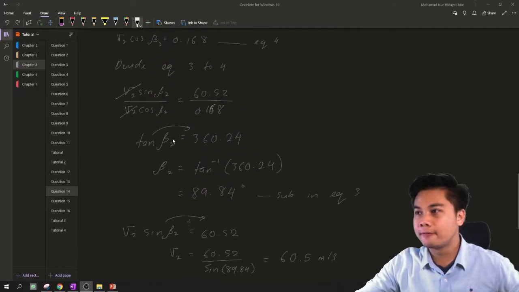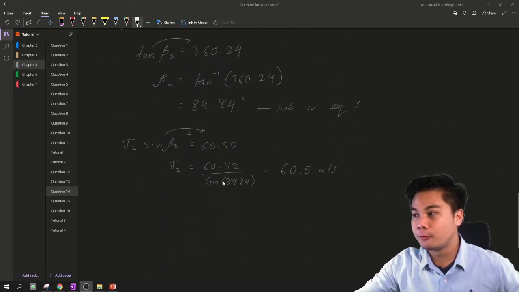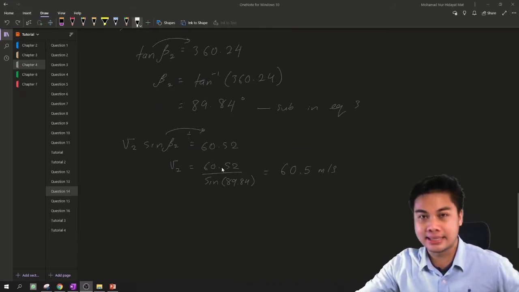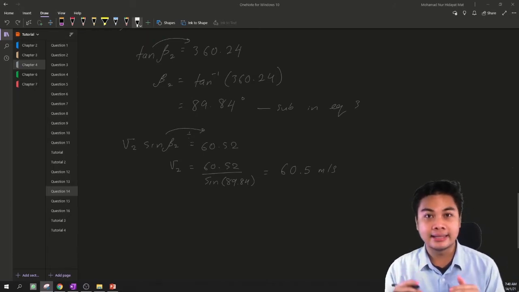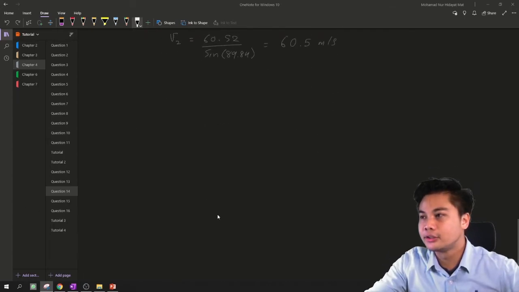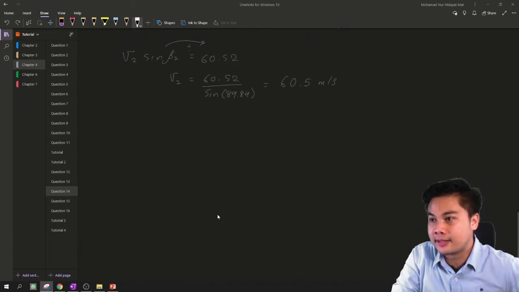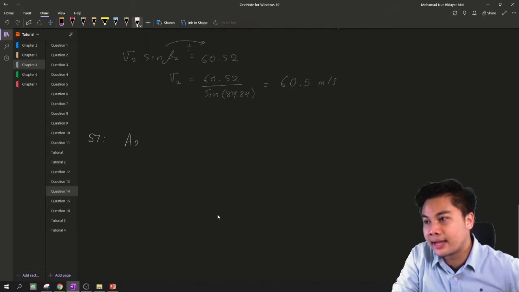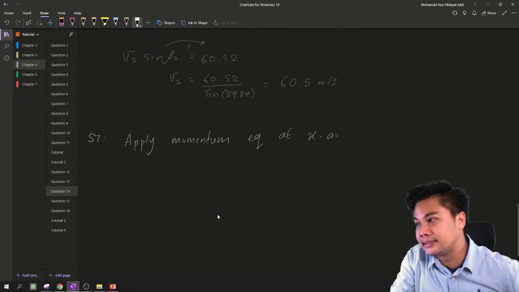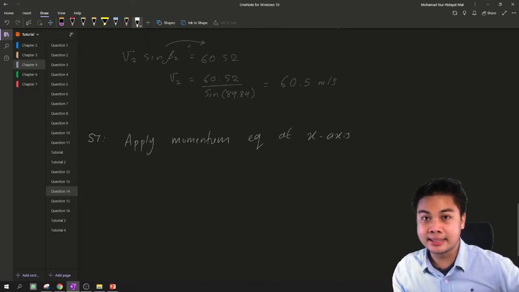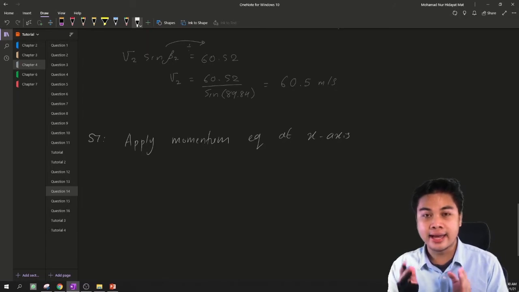Alright, now after we have gone through step number 6, we find out that the velocity V2 is equal to 60.5 meter per second, and then we need to apply the momentum equation at the horizontal axis, which is the x-axis. So here, step number 7, which is apply momentum equation at x-axis. The reason behind this is because we need to find the reaction force at the x component